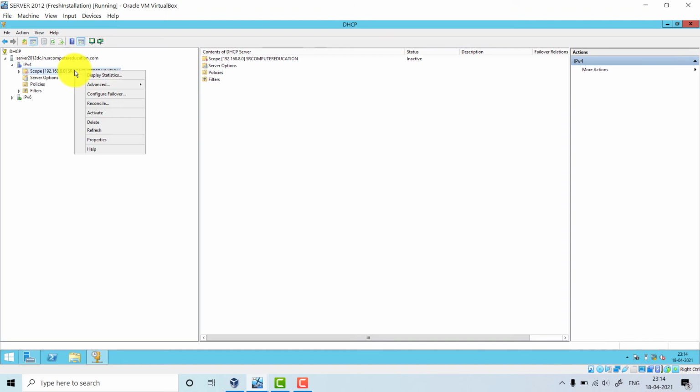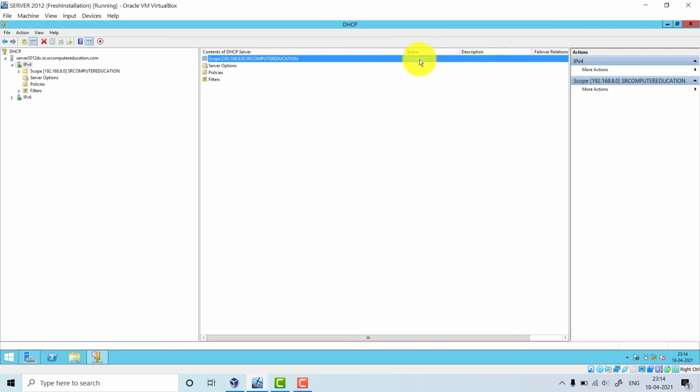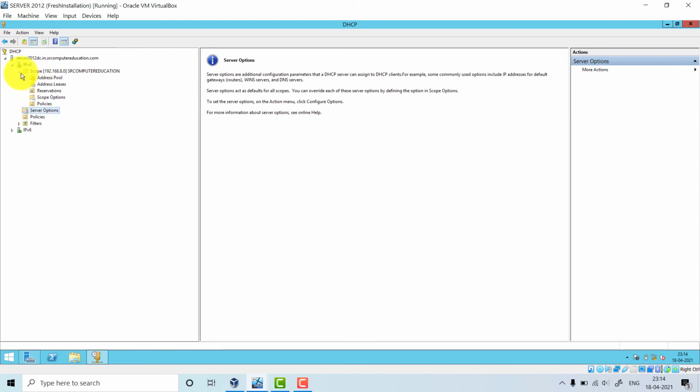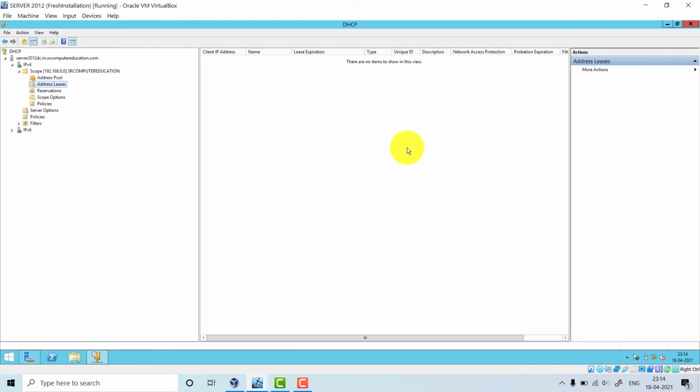So let us right click here and activate this scope. See here, the tick mark is there now. You can see here also it is activated now. Fine. So let us again check the address leases. There is nothing here.